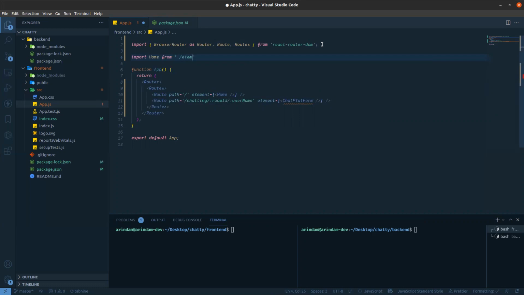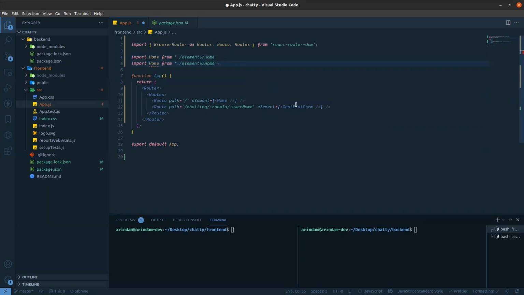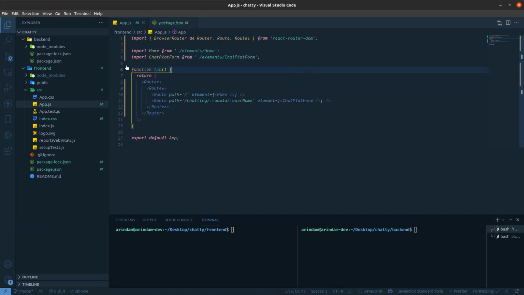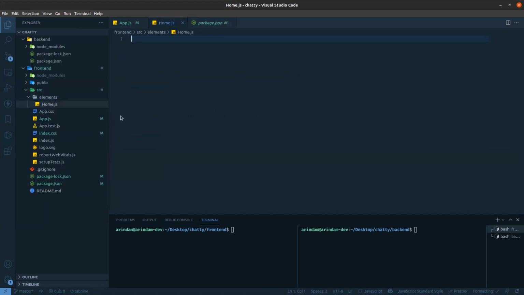I will create one folder like elements, then home, and another is the chat platform, from chat platform. So I'm creating one folder like elements, and here I'm creating two files: home.js, and another one is chatPlatform.js.